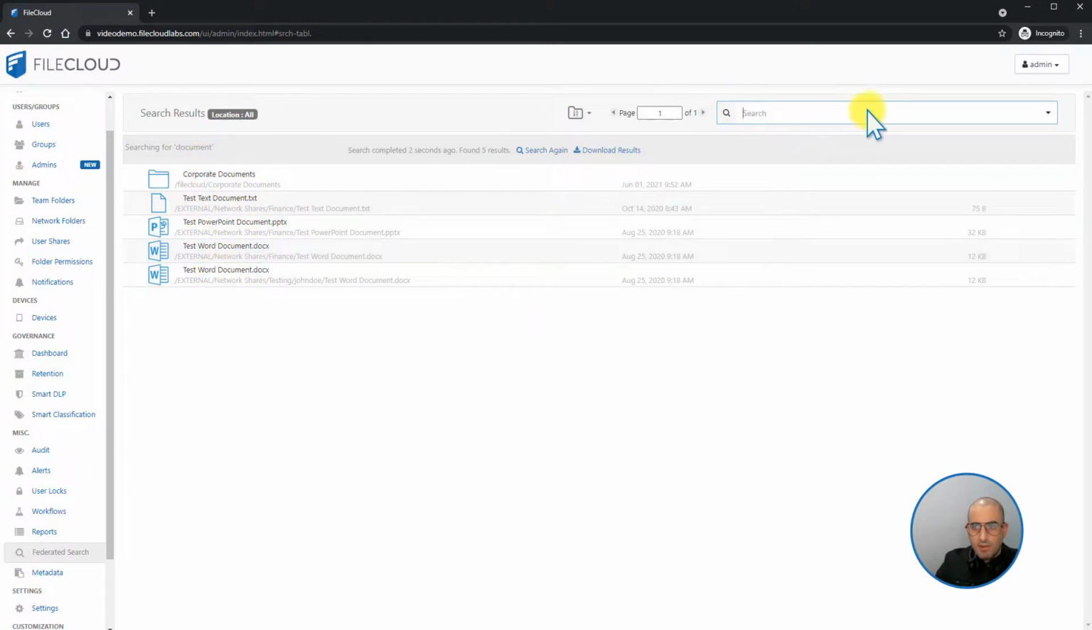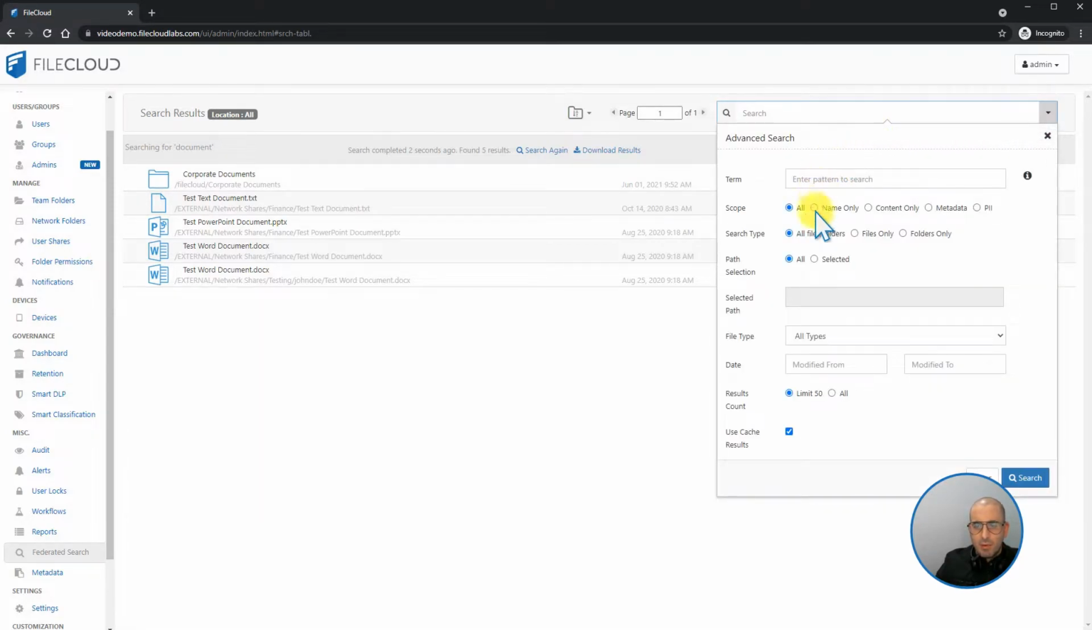Some of the other search capabilities you're going to have is if you select here the arrow, you're going to be able to select the scope of the search: all files, name only, content only, metadata, or PII. Search type, you can select all files and folders, only files, or folders only. The path, you can select every path on the whole system, or you can search for folders on a specified path. The file type that you can select is photos, PDF, text documents, just to filter your search a little